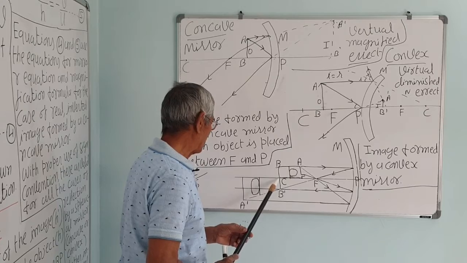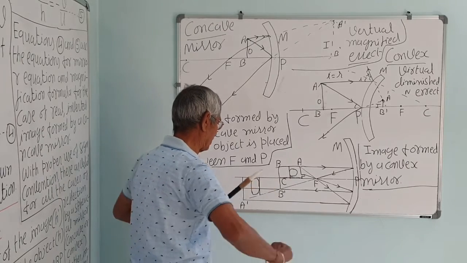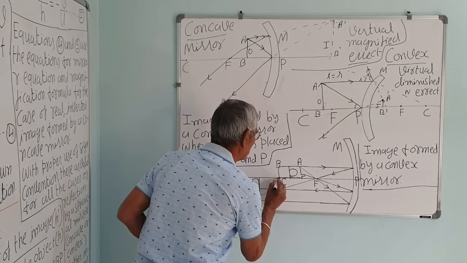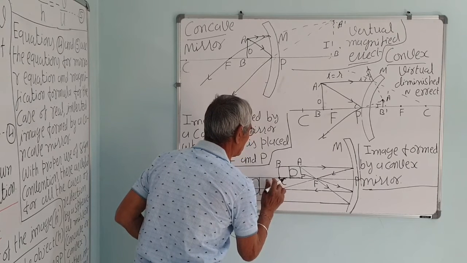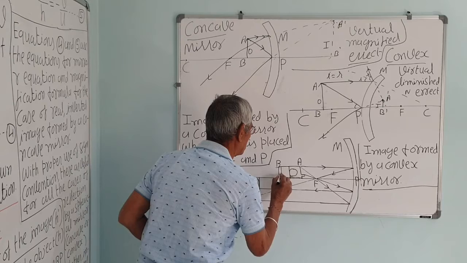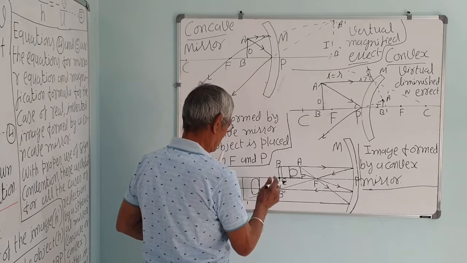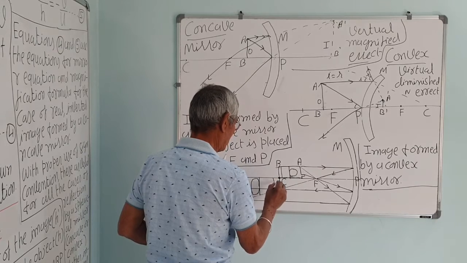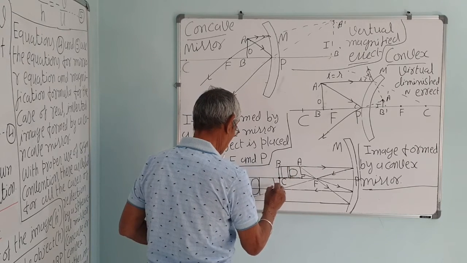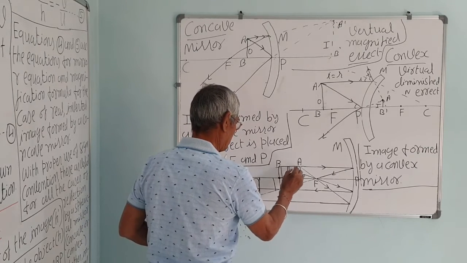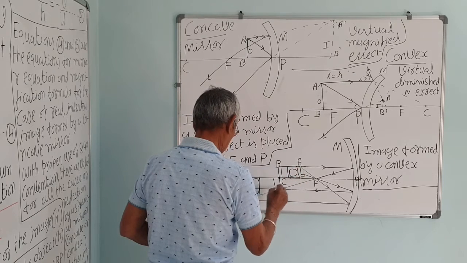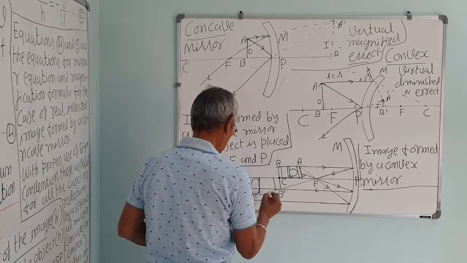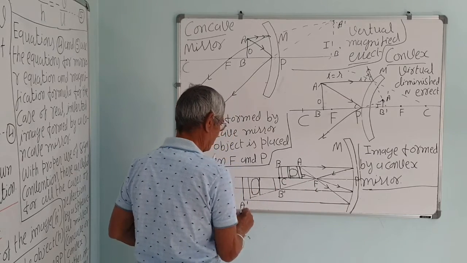But the moment this line comes inside the C, this point is C. This point C I have written here, but the moment it comes inside this portion, the image will be slightly bigger. So it will go on bigger and bigger. If you go this way, again it will be bigger. If you go this way, again it will be bigger. So this way, this is nearer to the, again a bit bigger.